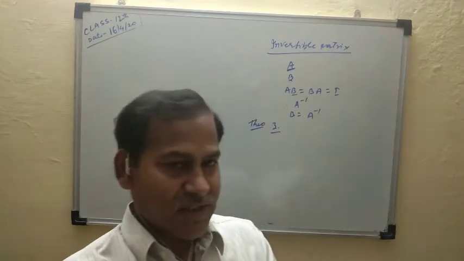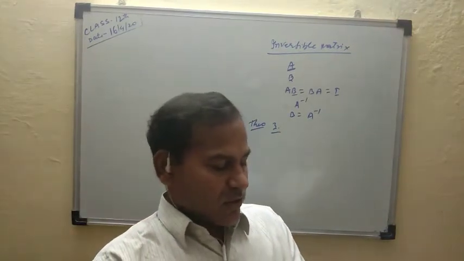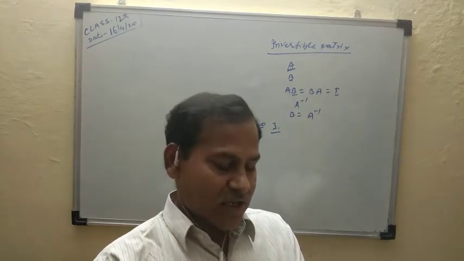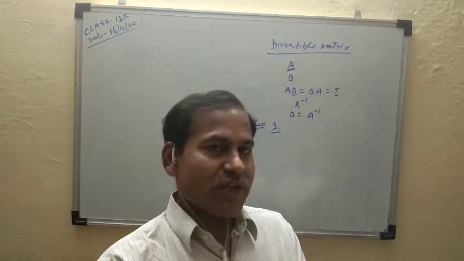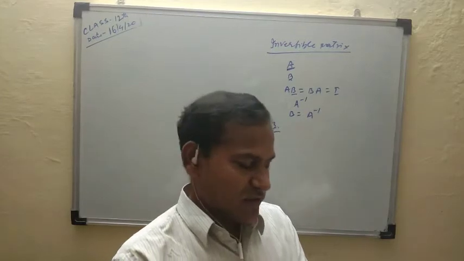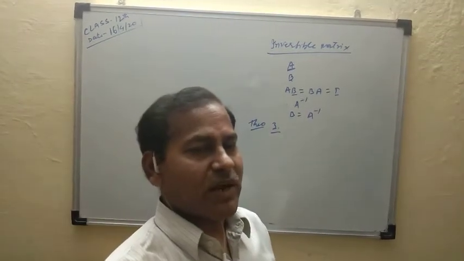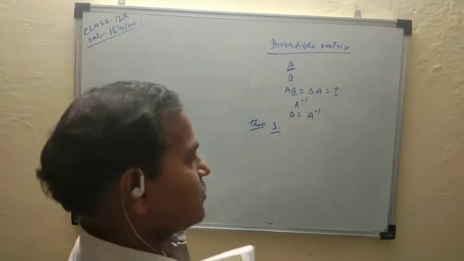Uniqueness of inverse. That is, the inverse of a square matrix, if it exists, is unique. Uniqueness of inverse, that is, the inverse of any square matrix is unique. So suppose